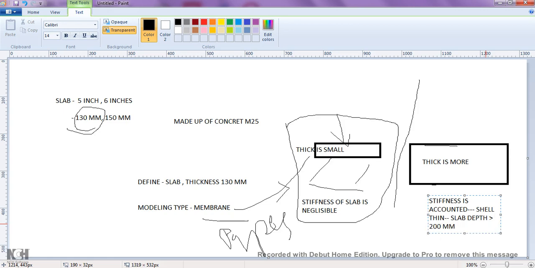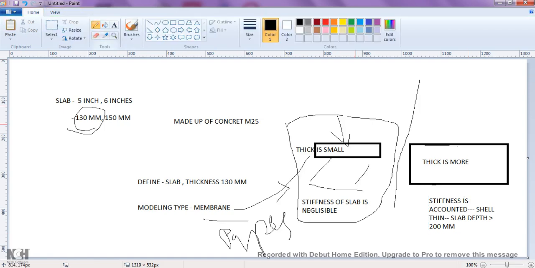When the slab depth exceeds 200 mm, you can make it shell thin. Within that, we can model it using the option membrane.